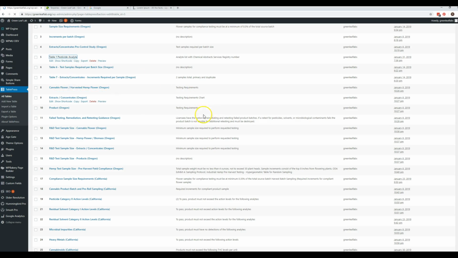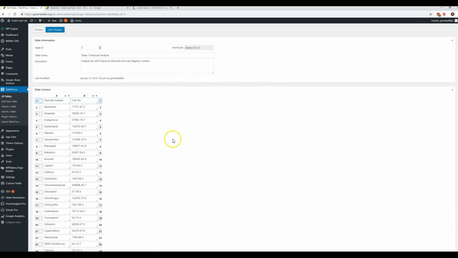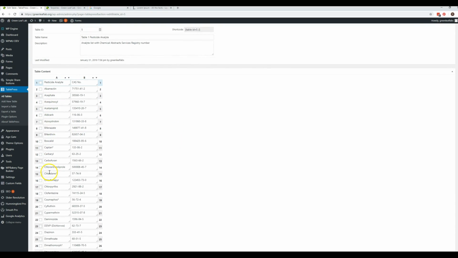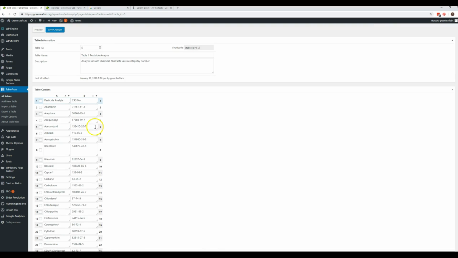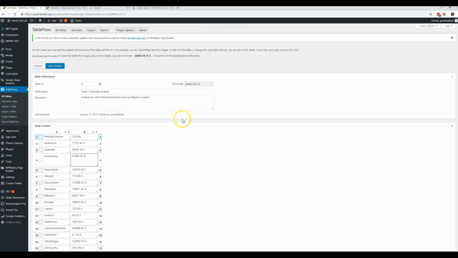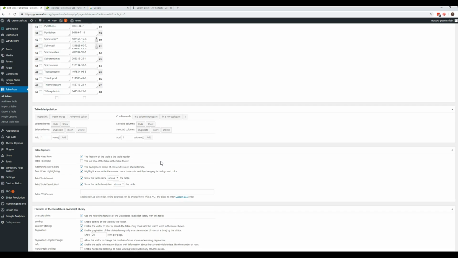Let's find a long one. Pesticides, I think, is a big one. So there's just all of these fields, and you can just update them at will. It's just little text fields. You just replace what you want. You click Save Changes. If you end up needing to add more rows,